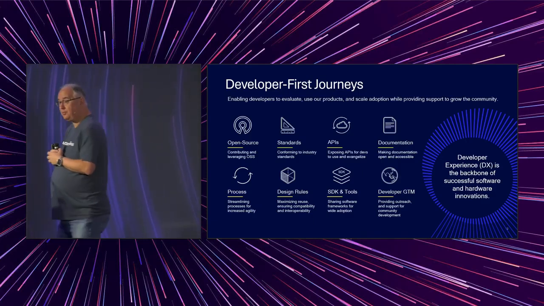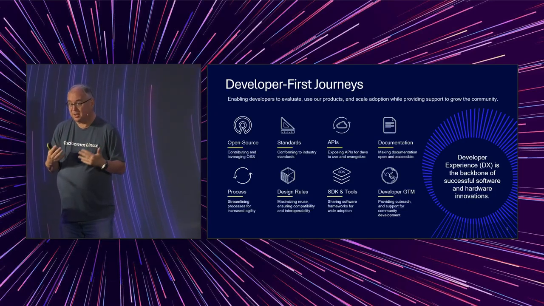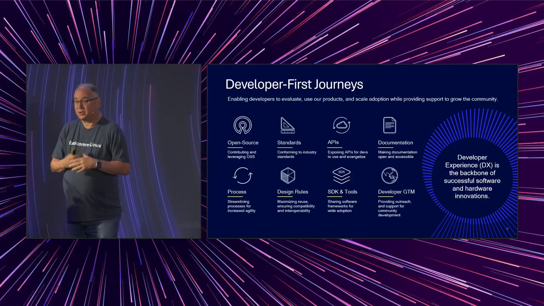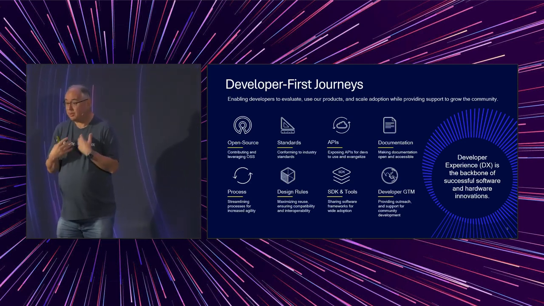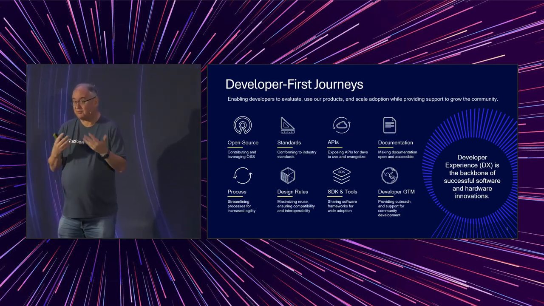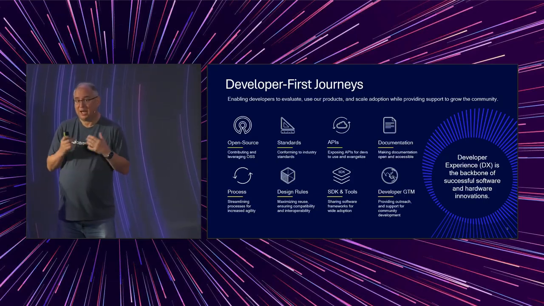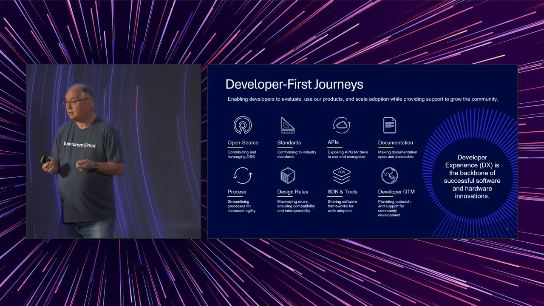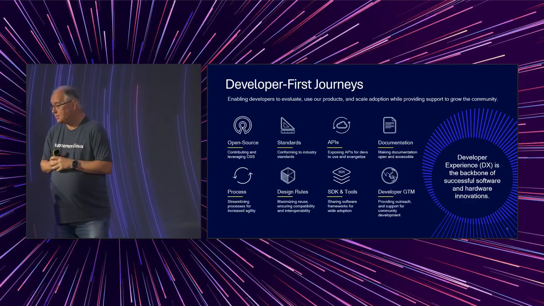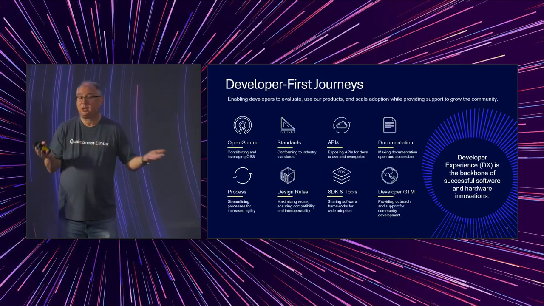Open source is a key component of that because a lot of our developers, certainly in the IoT space, are working with open source components. So making sure that works out of the box and is a good experience is absolutely critical. And it helps Qualcomm too, because it helps us to scale. We don't have to reinvent everything anymore. Standards are a key component as well. We have to adopt existing standards, and if they don't exist, we'll work together with the community, like the PCBSA effort that we did, to create those standards, because this helps us and it helps everybody else.